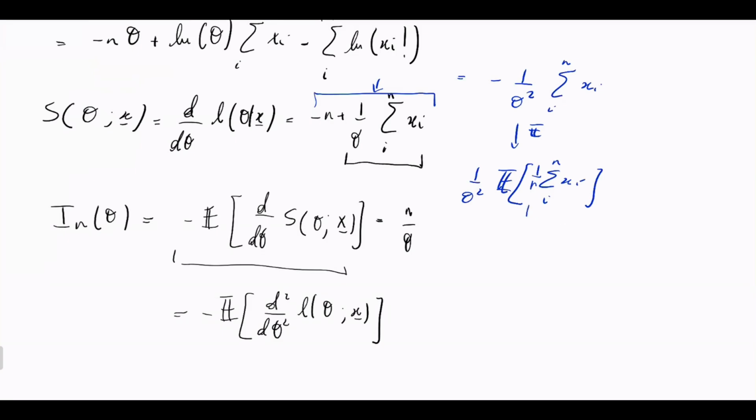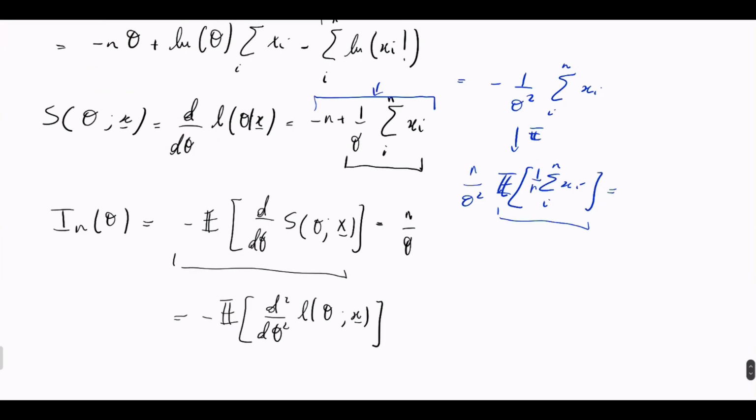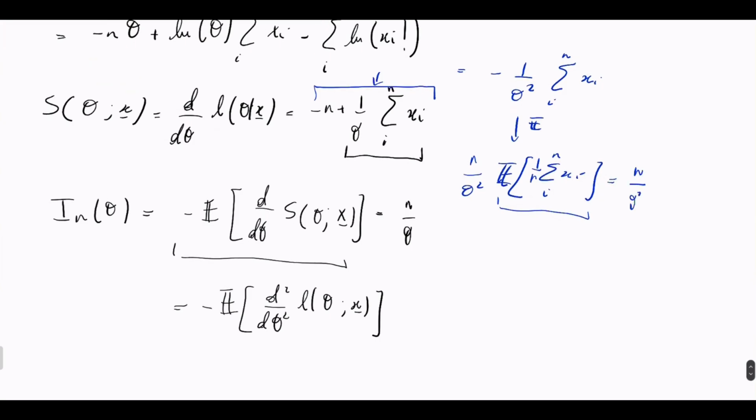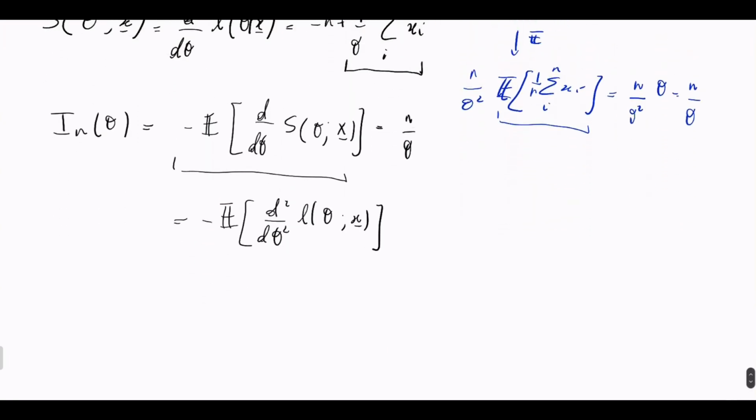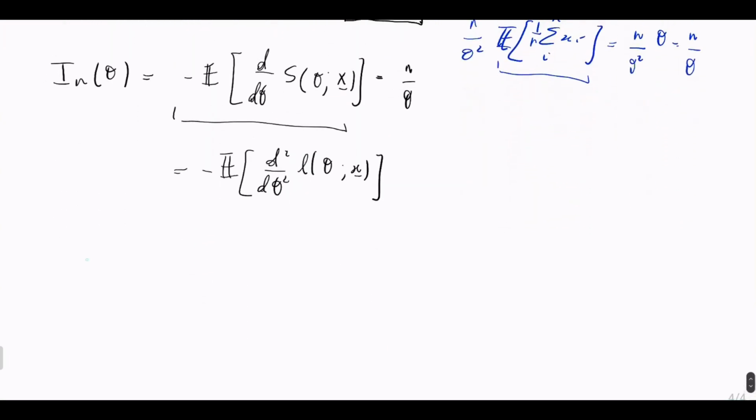So what is the expectation of the sample mean? It's theta. Theta squared, theta, and over theta. There you go. Perfect. And okay, so now we can write that this score function is equal to minus n plus